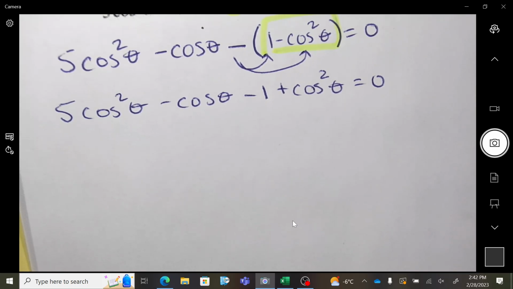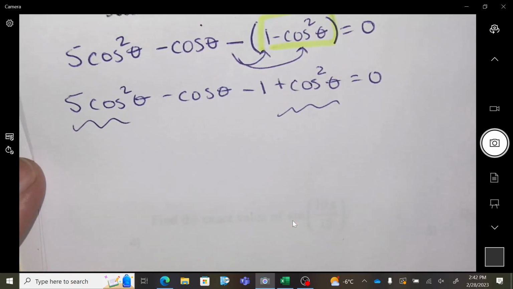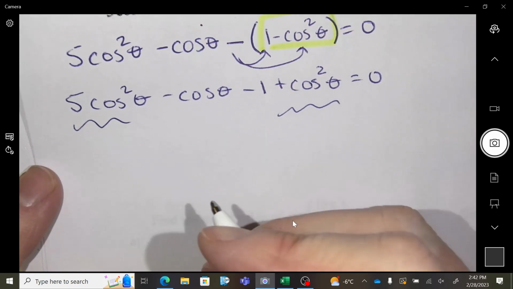Okay, so there's my distribution, right? Now what? What do you want to do with this? It's just algebra stuff? Should I put those together? So 6